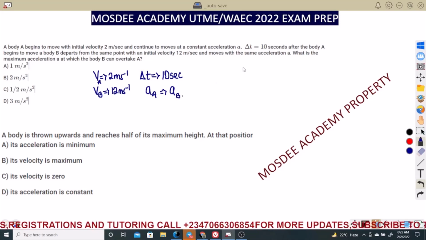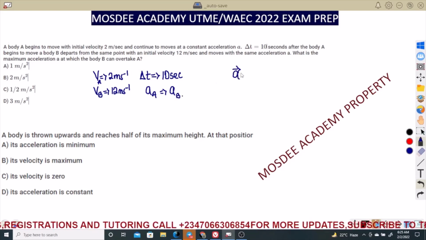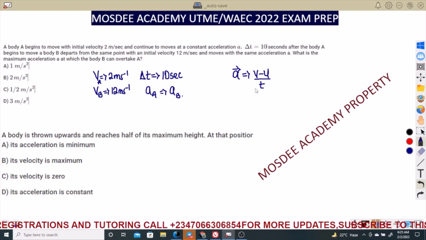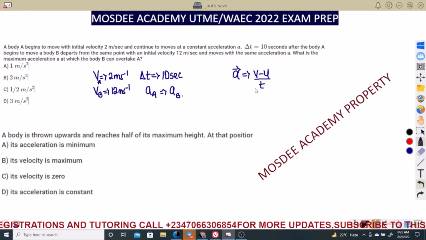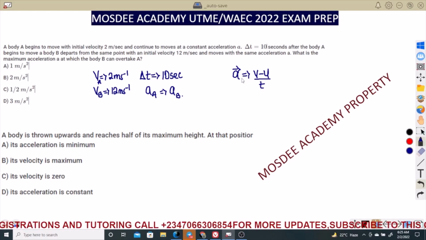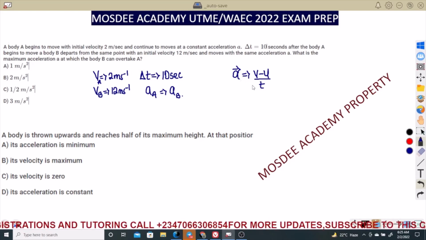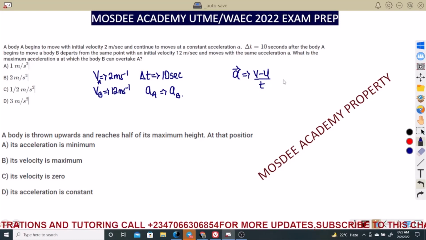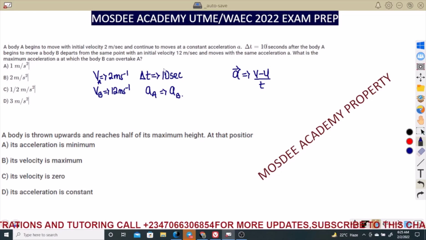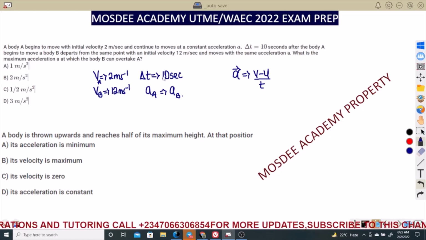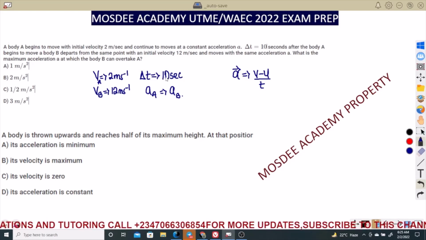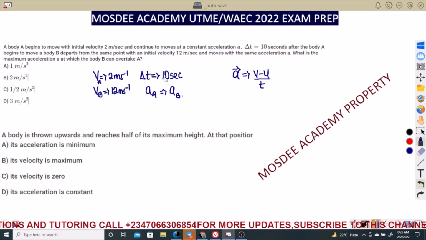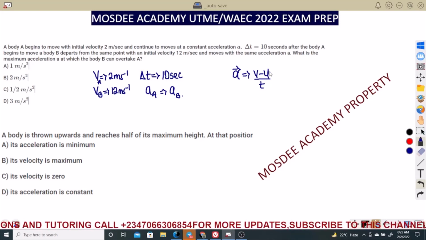We have learned from equations of motion that acceleration is equal to change in velocity over time. So the bodies will overtake each other at the point at which there is a change in velocity. Most of you know this formula as v equals u plus at because it's the same thing. So what we are saying is that they are moving with the same acceleration. The maximum acceleration, that is the highest acceleration at which the second body will overtake the first body, will be equal to, using the equation of motion, a equals change in velocity